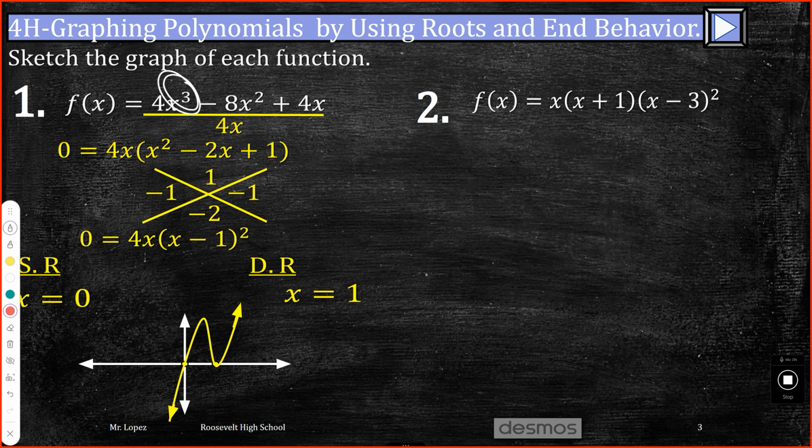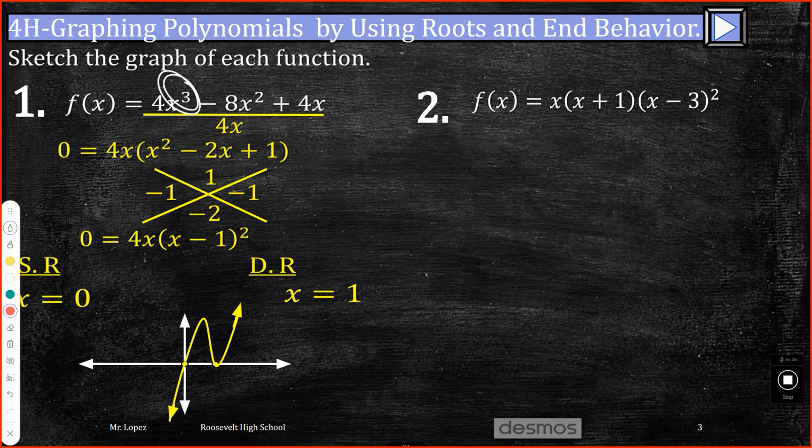What's the power of x if it doesn't have a number here on top? What's the degree here? 1. And what's the power of this one? 1. So what is 1 plus 1 plus 2? It's 4. So what do fourth degree polynomials look like? A W, thank you. You made me. So we already said that this is a third degree. If I turn it the other way, that's going to be a W. Fourth degrees look like a W. All right? So this is a fourth degree